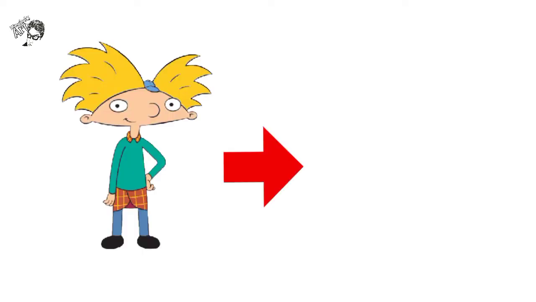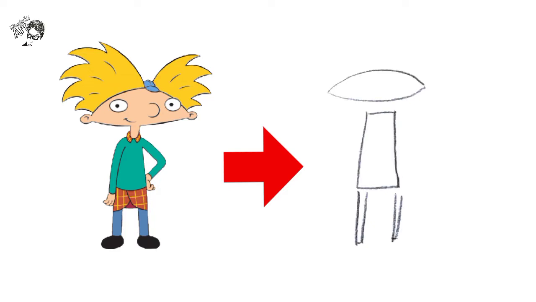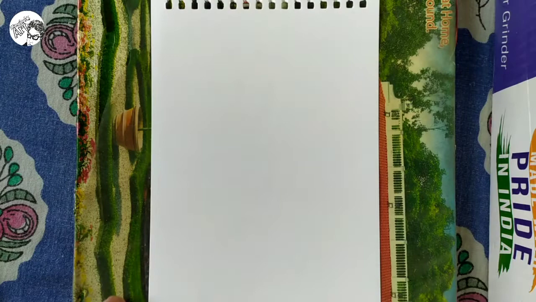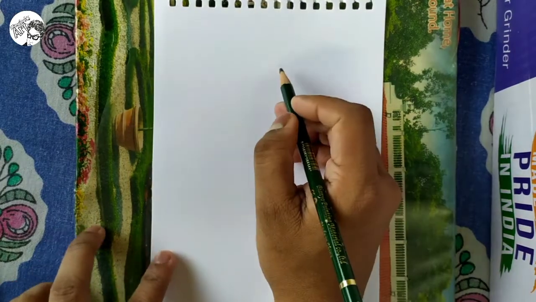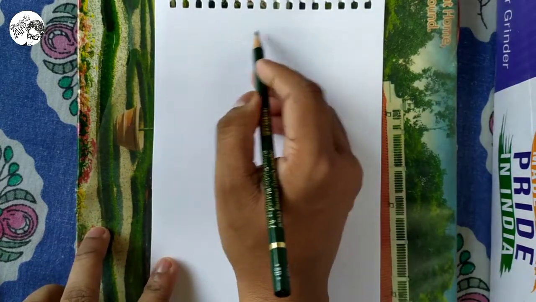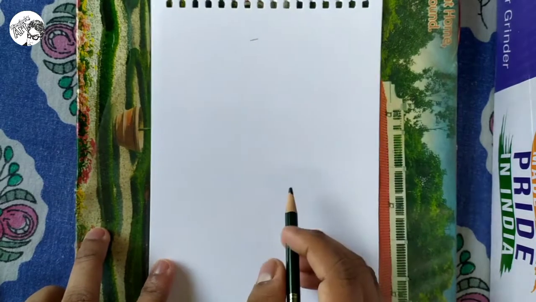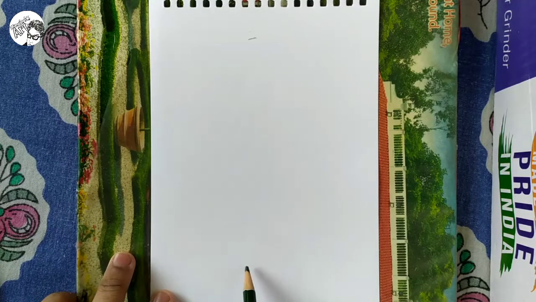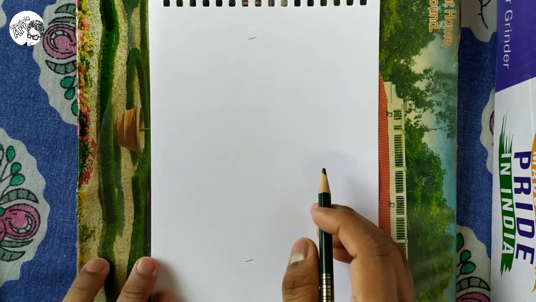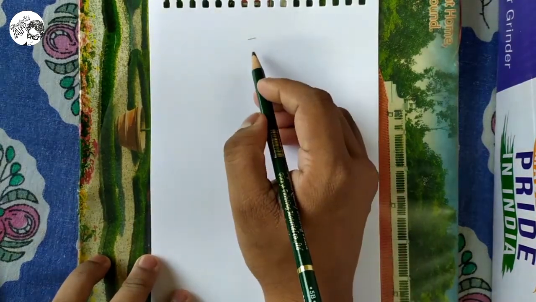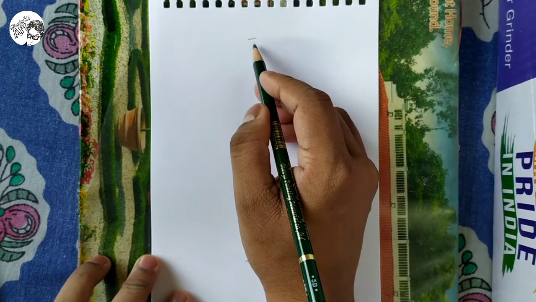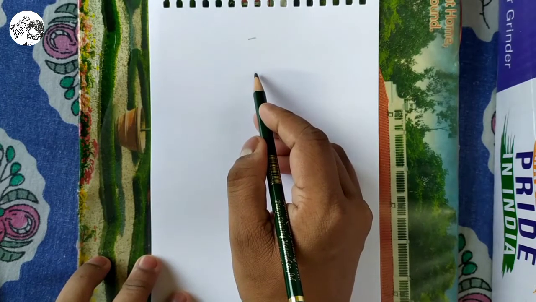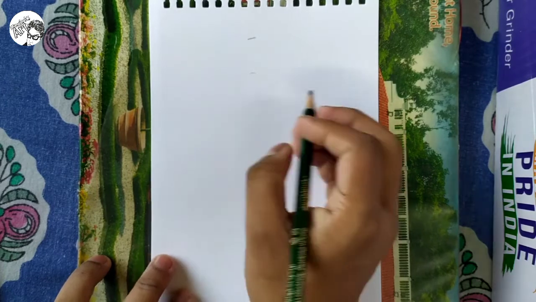Before starting, first of all we need to understand the basic shapes in the drawing, like the head, the body and the legs, and keeping that in mind we will proceed with the drawing. So before proceeding with the video, we need to draw the areas from where to where we're gonna draw. From here to till here, say, and keeping a gap till here, we'll be drawing Arnold's head,